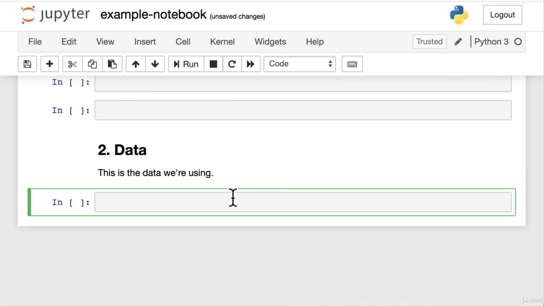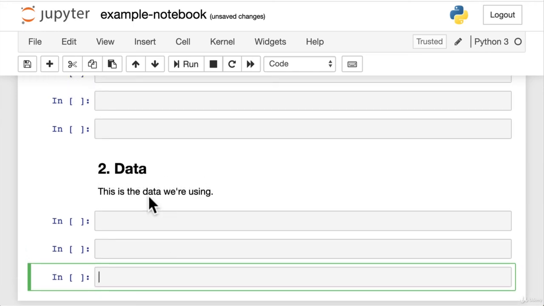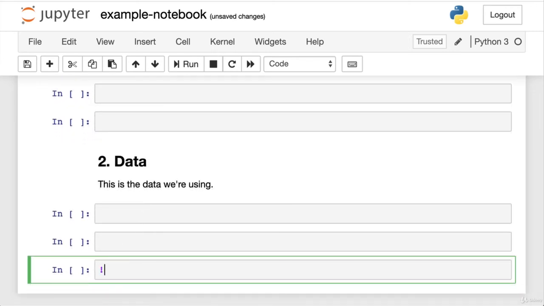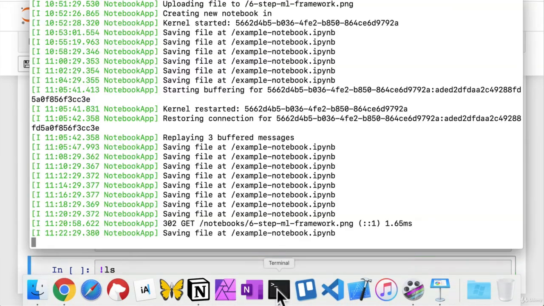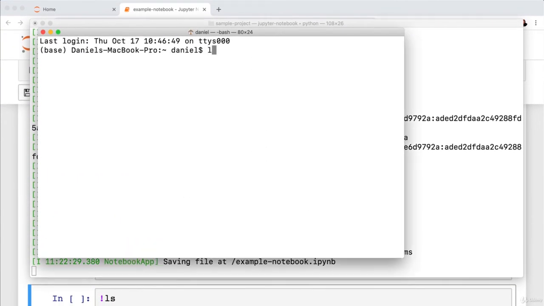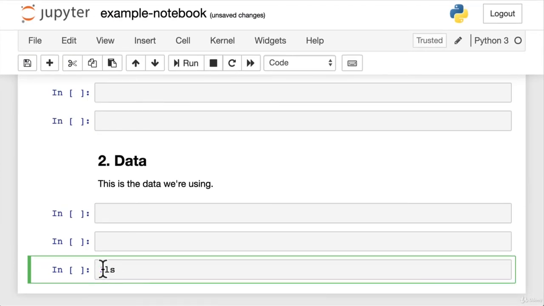Now there's one more thing before we finish up this lecture, because it's getting a bit long, that you can do within a Jupyter notebook. The main two takeaways so far is that you can run code, text, and images all within the same space. And the final thing is that you can also run terminal commands from within a Jupyter notebook. So say, for example, we wanted to run ls, just as if we were running ls on the terminal. So if I go here and I put in ls, it's going to list all of the files in my user account. If we do the same in Jupyter Notebook, if we just ran ls in a code cell and hit Shift Enter,